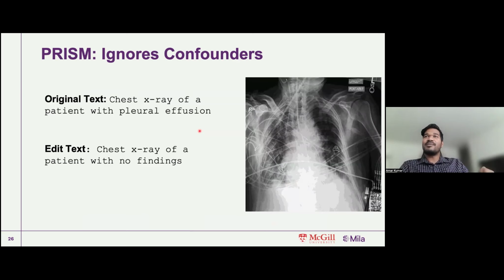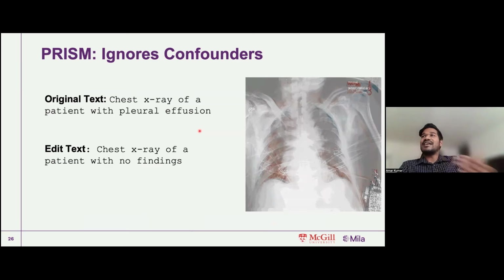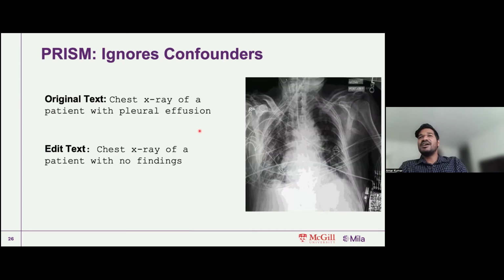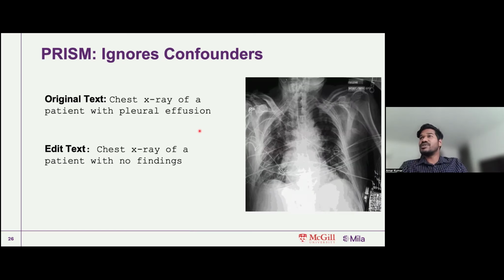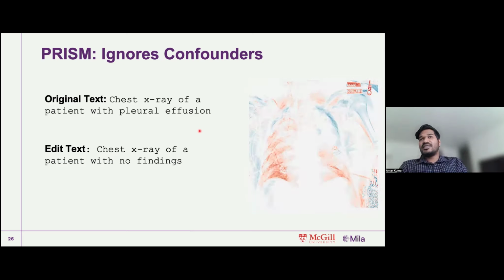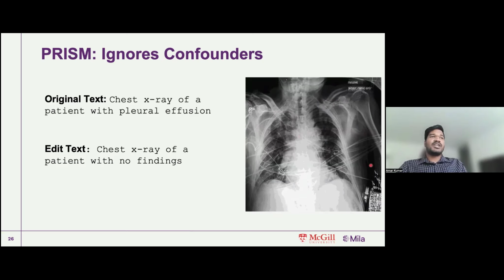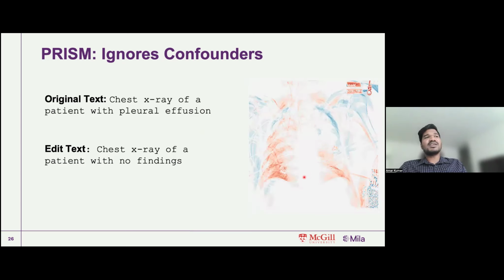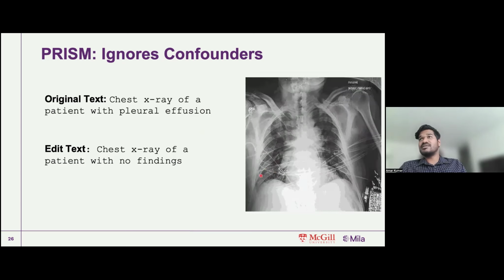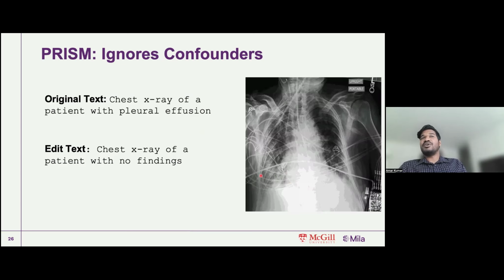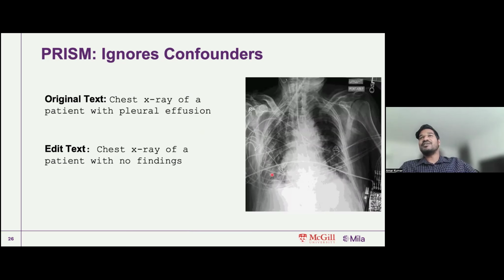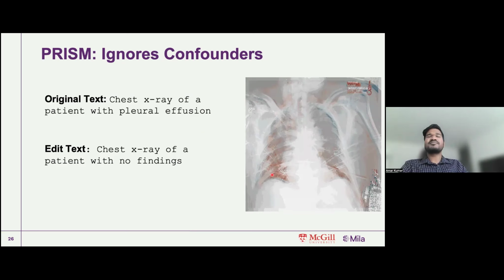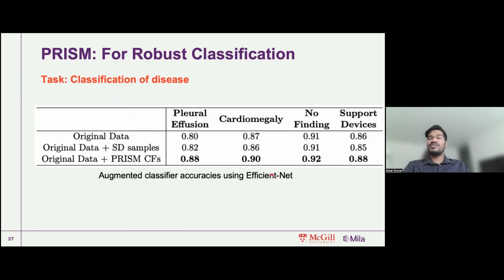So this is what we were talking about in the beginning, that a lot of the time a model just latches onto spurious correlation. And in literature, there is a lot of reference available which shows that pleural effusion is associated with these devices that we see, and a lot of the time these devices actually cover the region at the costophrenic angle of the lung. So to have a model which actually ignores these confounders and focuses on the disease was the contribution that we made.